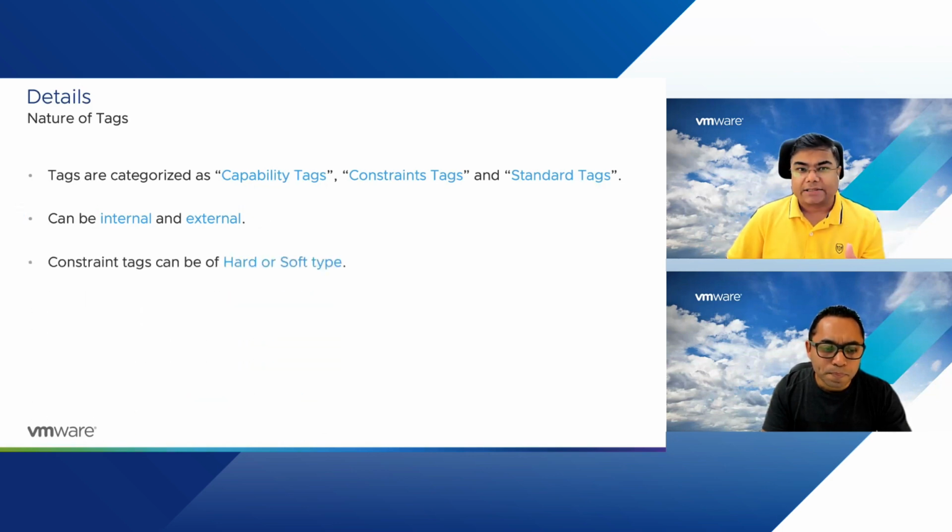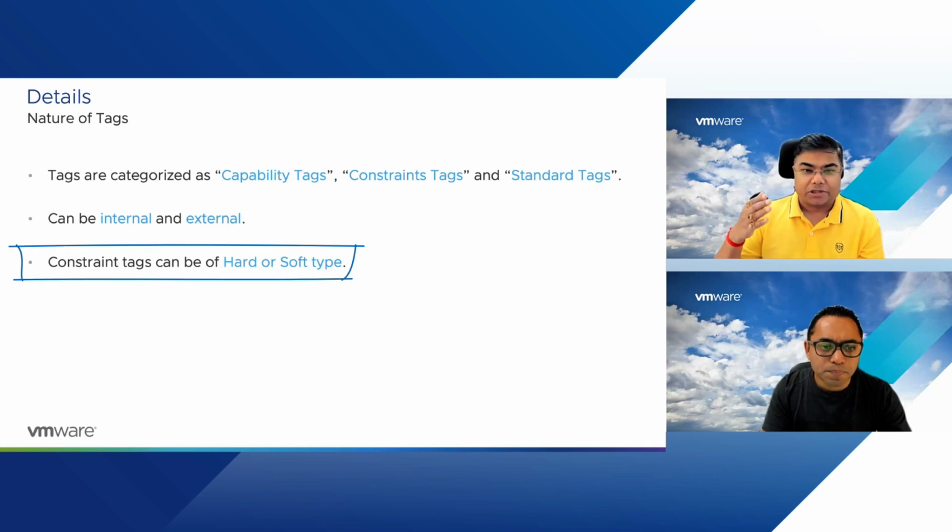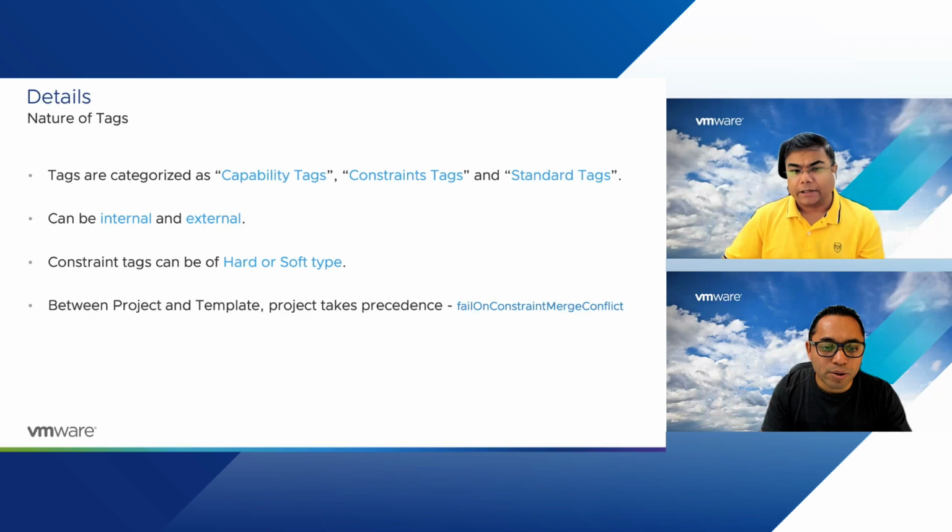The constraint tags can be hard and soft, as the name suggests. Hard tags mean that if you put a hard constraint, it needs to be fulfilled. Soft tags are best effort. They may or may not apply. We will see where the soft tags would be applied. So this is like mandatory or optional constraints, right? Optional tags. Right, got it. They are secondary tags, yes.